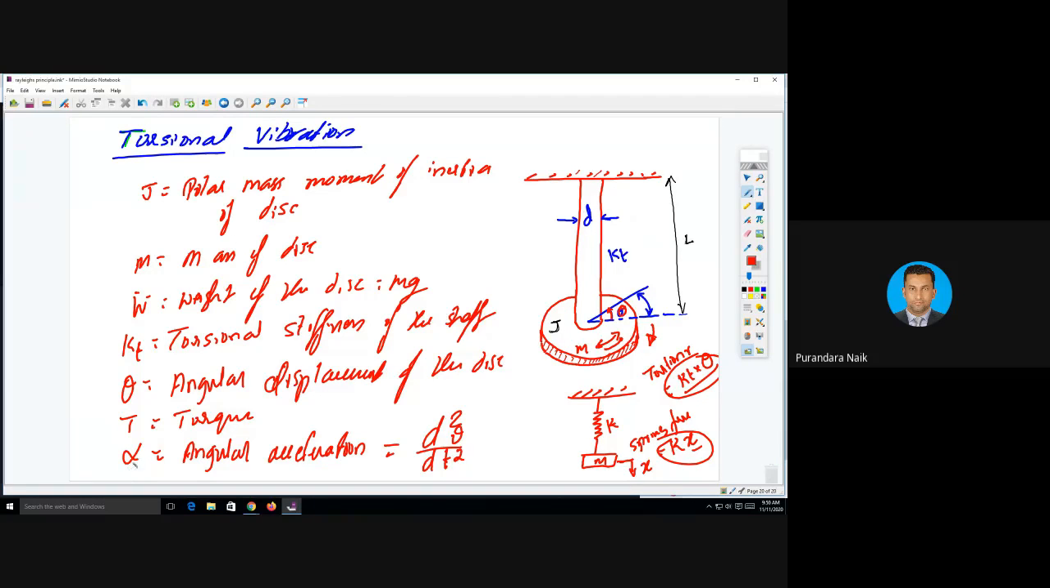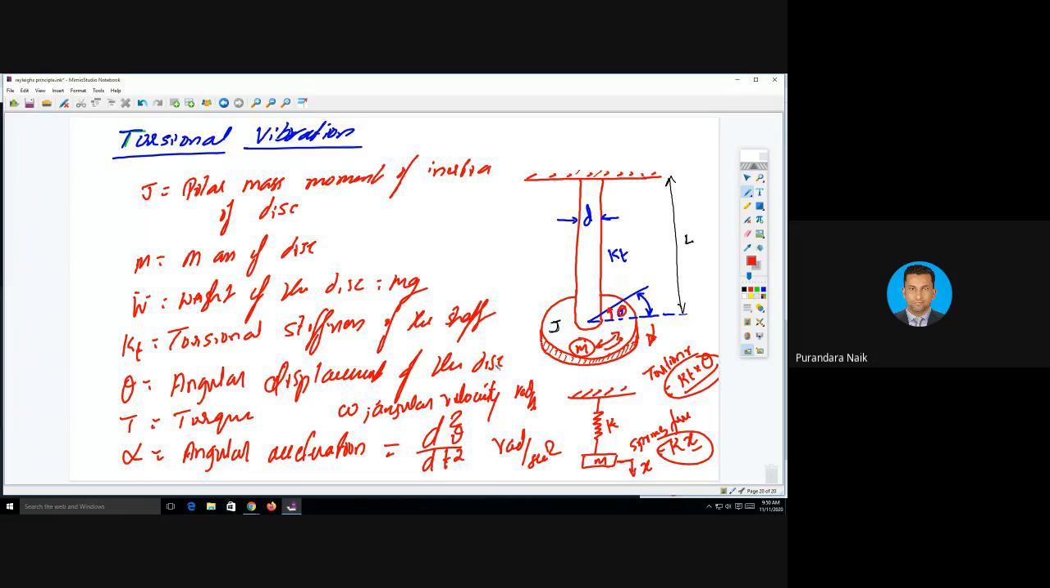What is angular acceleration? Omega is angular velocity, okay? Angular velocity, so you can write it below this. Angular velocity is in radians per second. Here it is radians per second square. So if it moves with angular acceleration, d square theta by dt square, that is alpha, then it is having